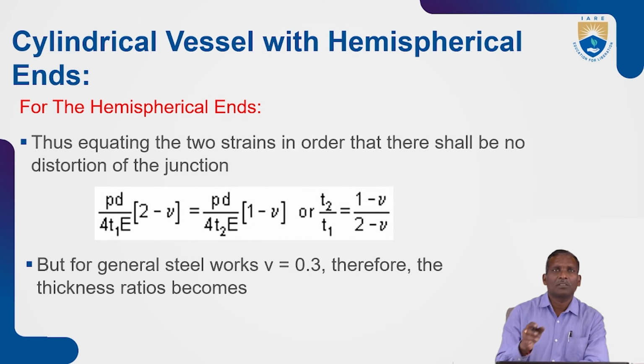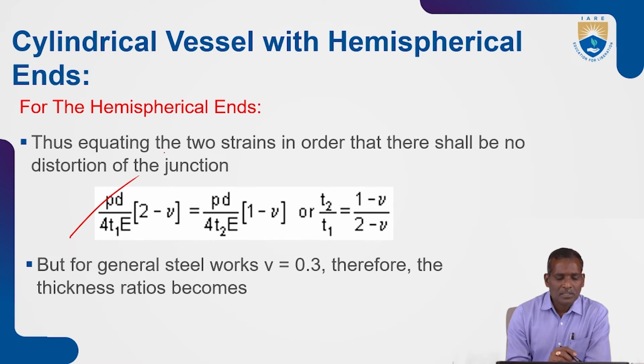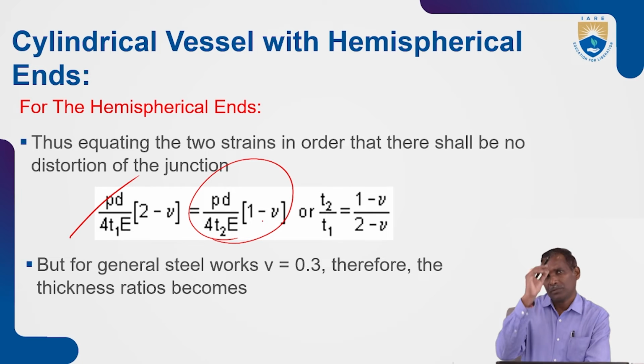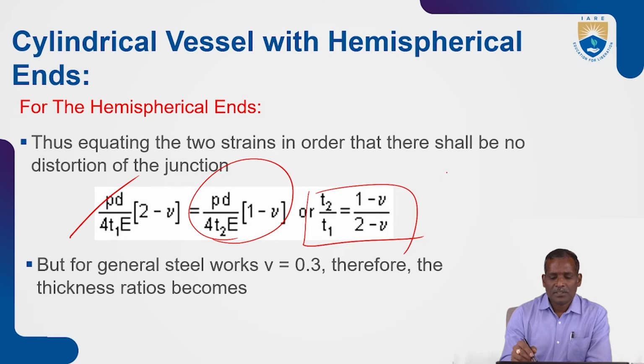Here, equating the two strains so that there shall be no distortion of the junction: the strain at the cylindrical wall is PD by 4T1 into E into (2 minus mu), and similarly for the spherical ends it is PD by 4T2 into E into (1 minus mu). So equate these two strains. We will get the thickness ratio T2 by T1 equal to (1 minus mu) by